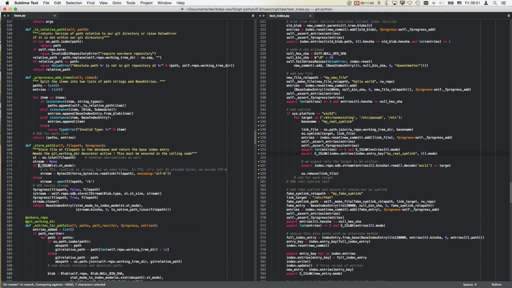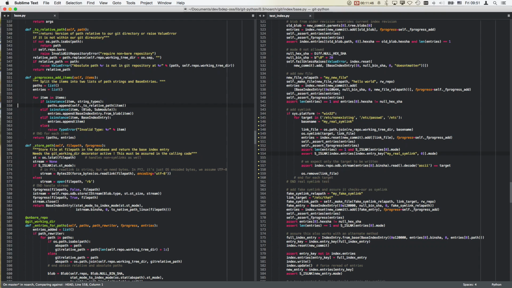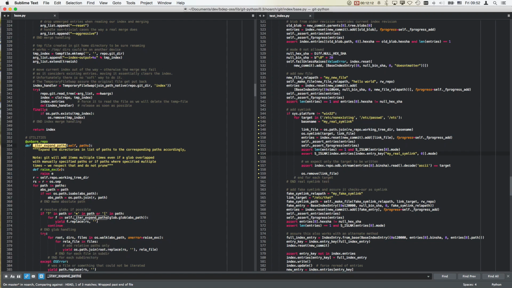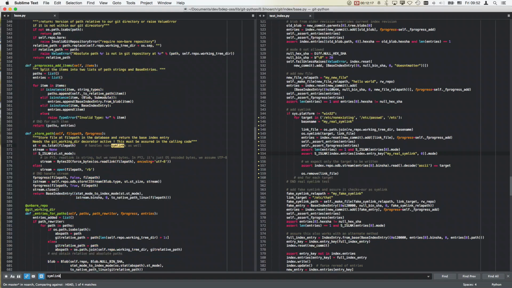So I have the feeling that store path, preprocess, add items. I think one of these guys might actually want to resolve this. So store path comes too late. Entries for path. If path rewriter. Also another difficulty. Either expand path. I think this either expand path could be doing it, and it just doesn't check if it is a symlink. So let's